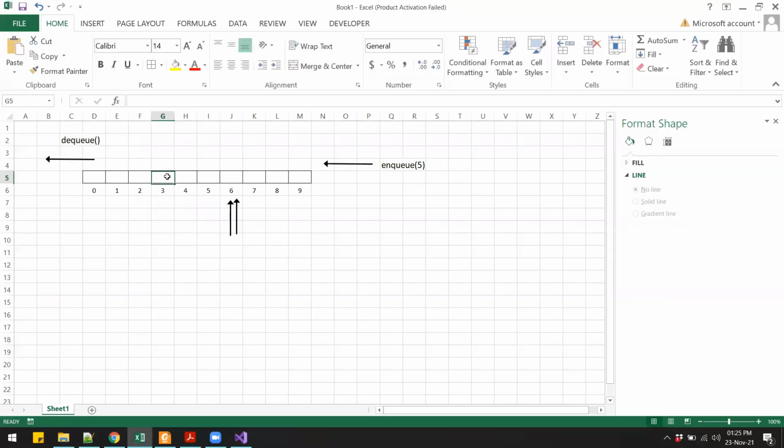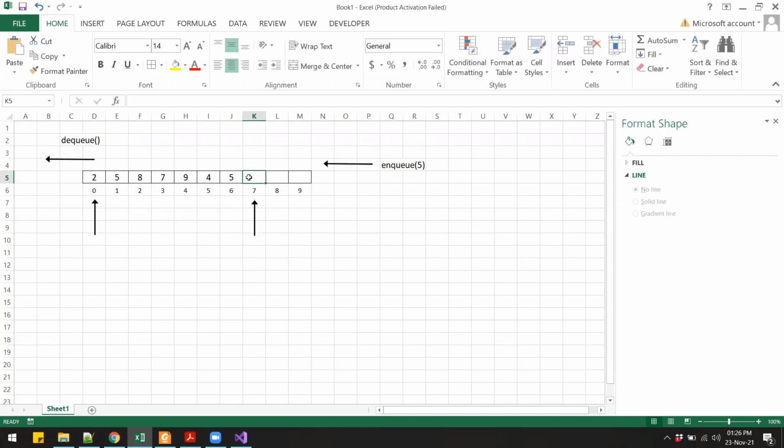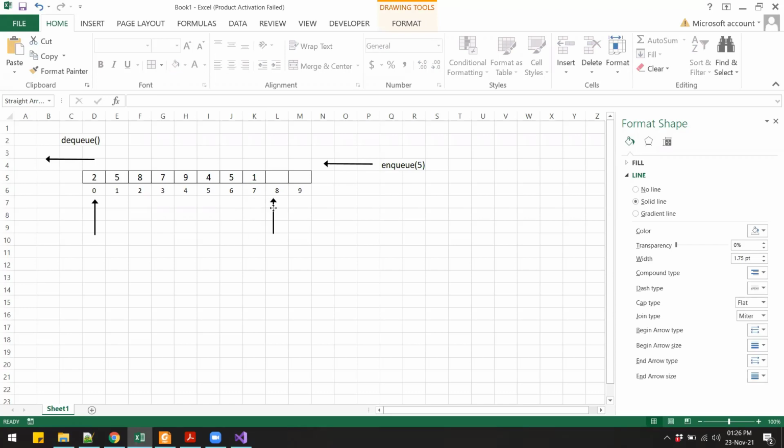So let's populate some data once again. Okay, so let's say we have these many data in our queue. The front pointer will point to number 2 or the very first index, and the rear pointer will be at 7, right? Remember, rear pointer will point to the next empty slot. So in this case, it is pointing at 7. So when a new data comes in, it will go at index 7, right? It goes over there. Then the rear pointer will shift to the next one.